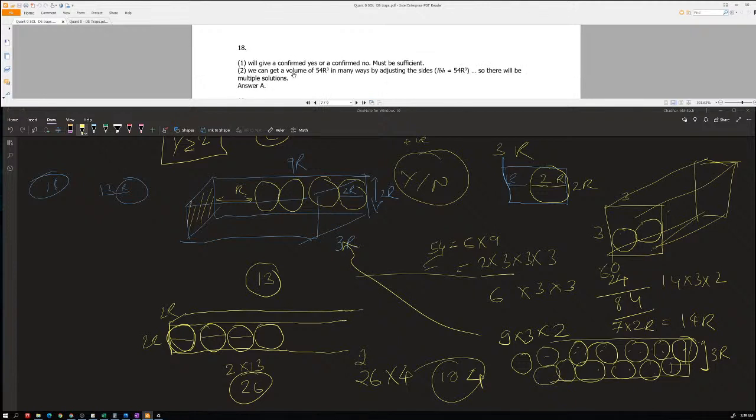Okay, say that we have confirmed, yes, it must be sufficient. We got that. The next one we didn't get, I think. We can get a volume in many ways, adjusting L and N for R, right? So there will be multiple solutions. Oh, I don't agree with that. What could be a solution that